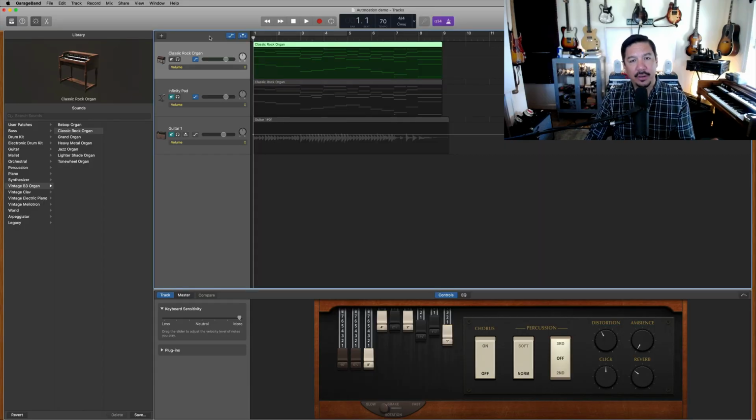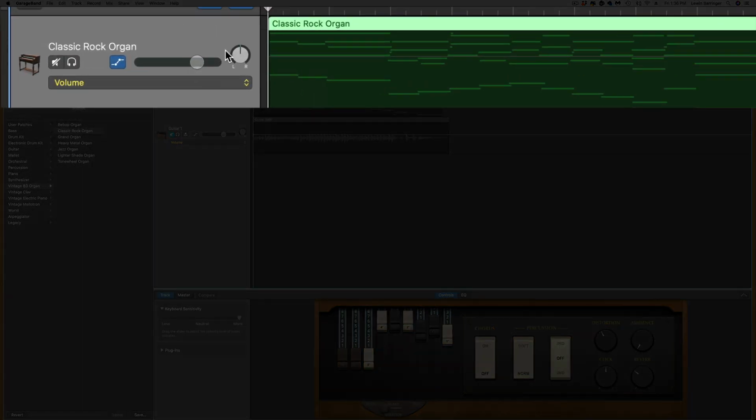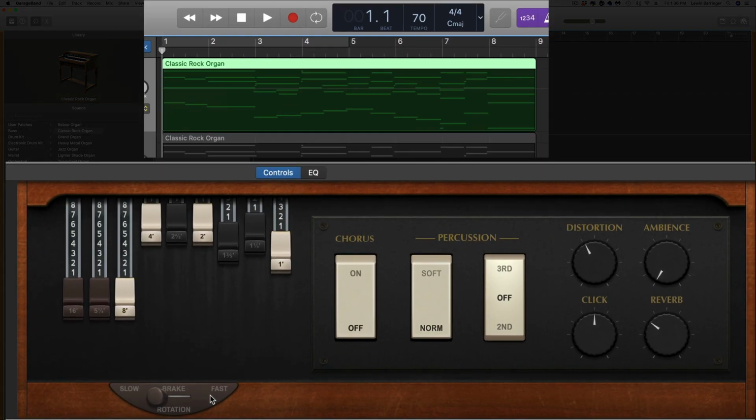The next automation trick that I use all the time when I'm recording the Hammond organ inside of GarageBand is this, okay? So the first thing I do is sit down, play the part exactly, just worry about the notes on the keyboard, okay? So then I'm left with what you see here. Now, after I have played, I want to change some of the parameters, right? So for example, I want to turn the Leslie speaker on and off, and I want to change some of